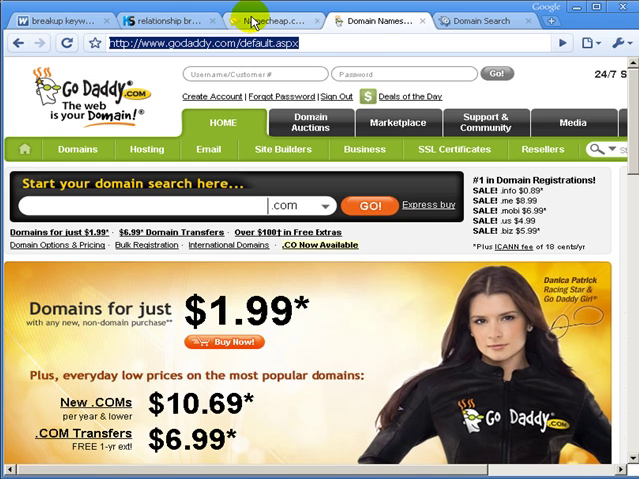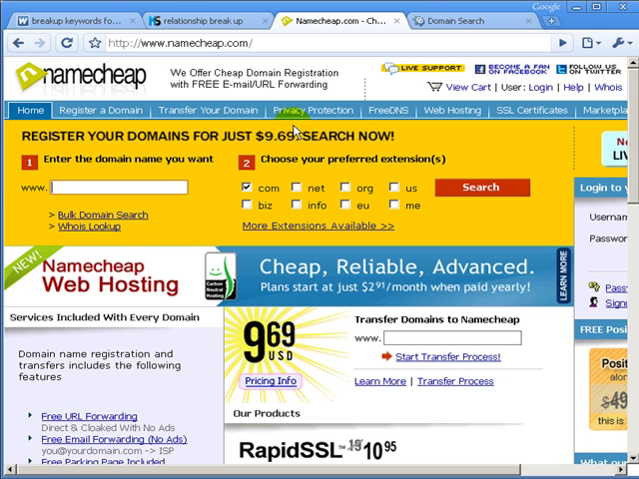Now, I'm not going to be using GoDaddy because I use Namecheap. Namecheap's at $9.69 per year,